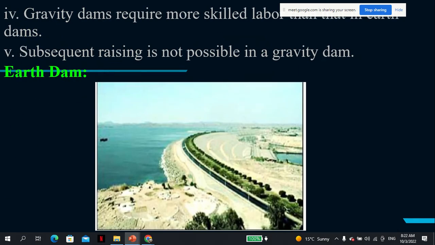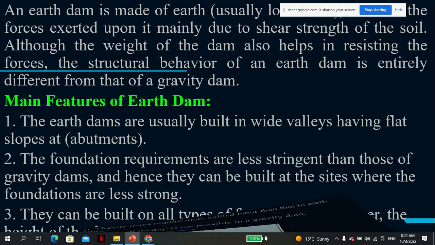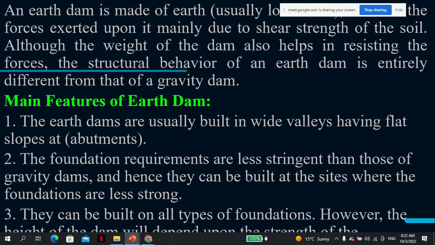Gravity dams require more skilled labor. Also, you cannot increase the height. If, for example, you built 20 meters and you decide that now your needs have increased, you cannot. So this is, for example, an earth dam. An earth dam is made of earth, basically,